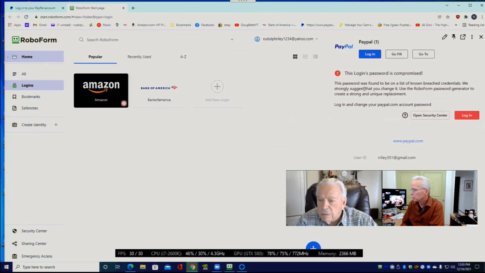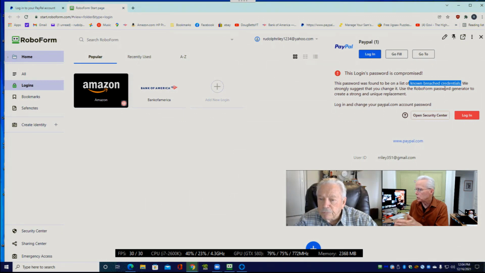So what this is implying is that this actual clear text password was found on a list of known breached credentials. So we don't know what website that's from. We can find out somewhat about that, but that's an extra road that I don't think it serves us to go down right now. Okay.